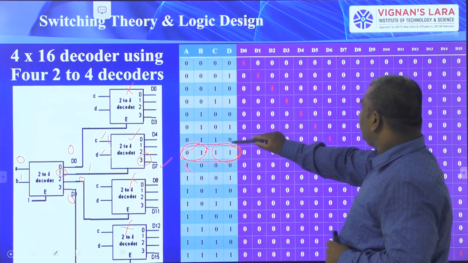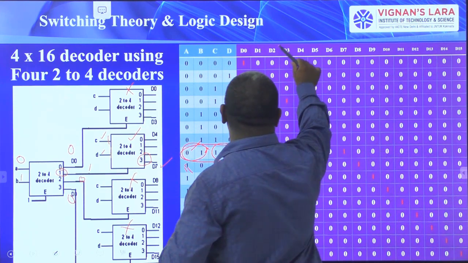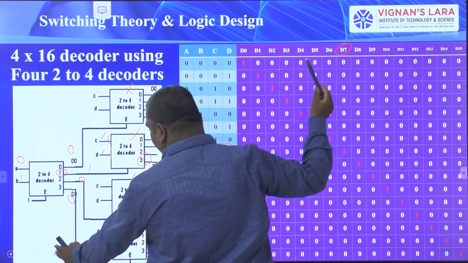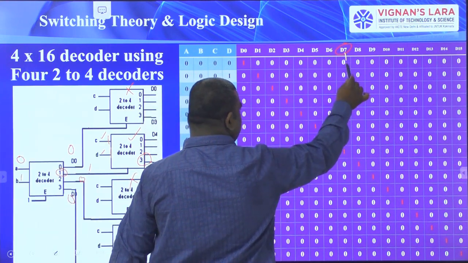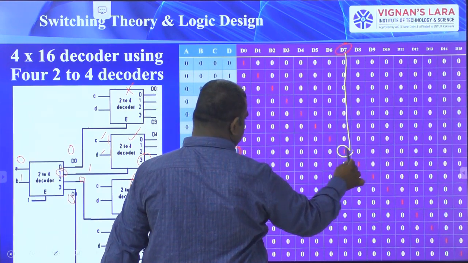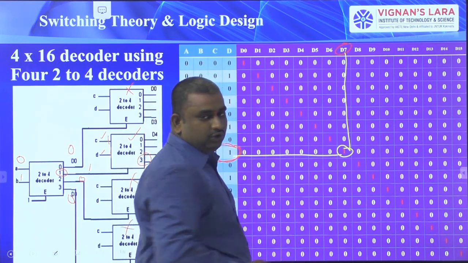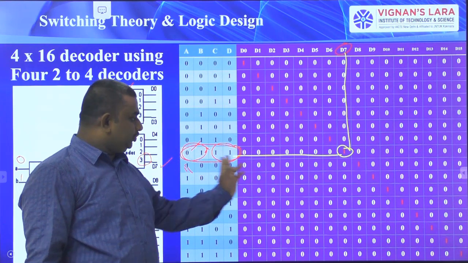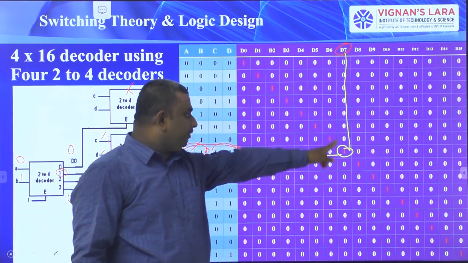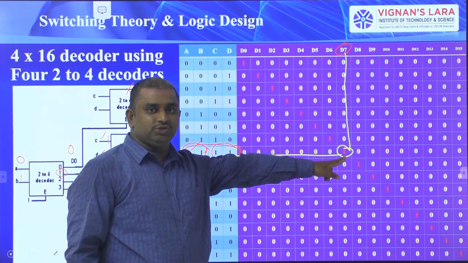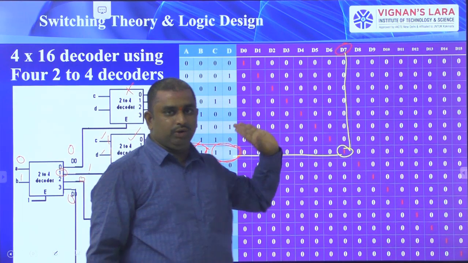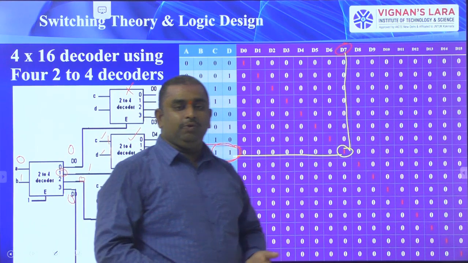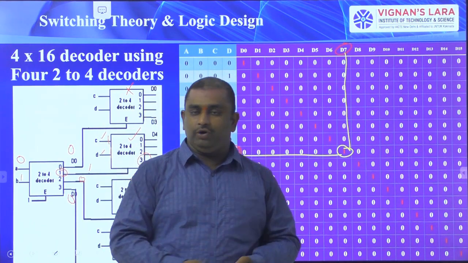So see here, D0, D1, D2, D3, D4, D5, D6, D7. Check whether this terminal is going to on or not. So this is the D7 terminal. I have represented the corresponding value with this yellow color line. The input combination 0 1 1 1 and D7, here the value is going to 1. In this way you can identify which input is connected to which output.